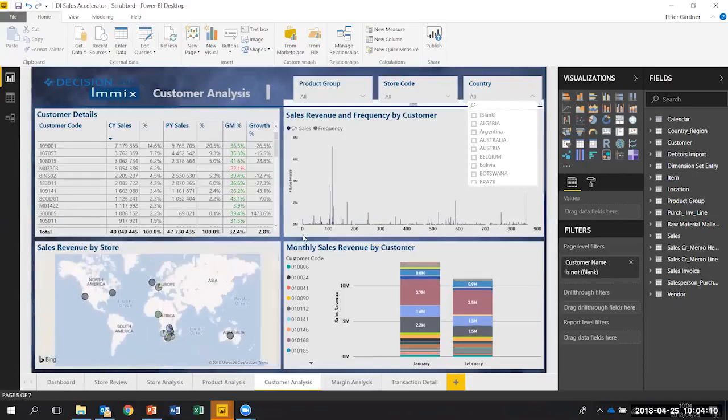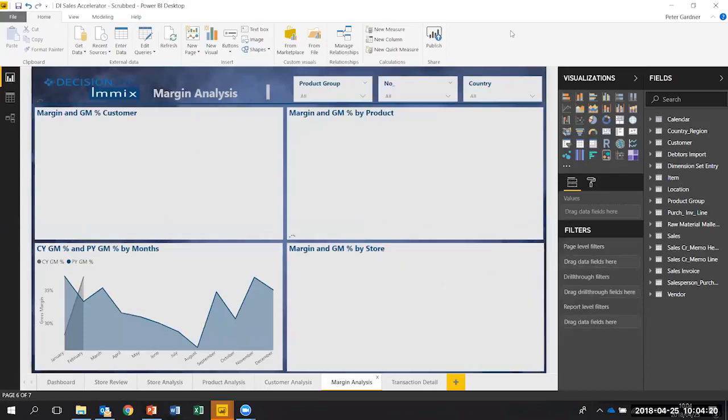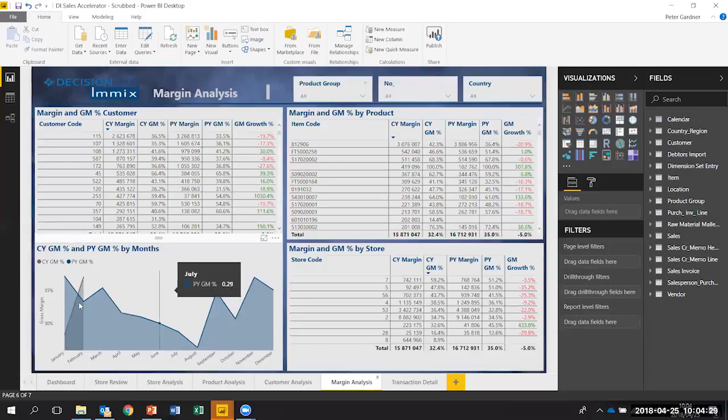Then the last dashboard we've got in this sales analysis is a margin analysis dashboard. And that's really showing, at the bottom left, a graph of overall company gross margin percentage year on year, this year versus last year. You can see some seasonality in the gross margin here. So either July, August, mid-year, either